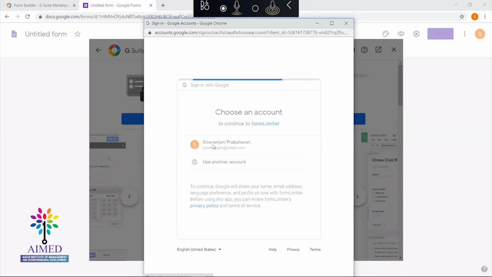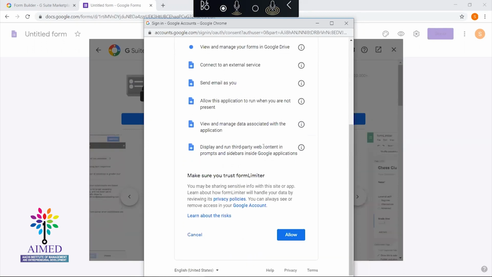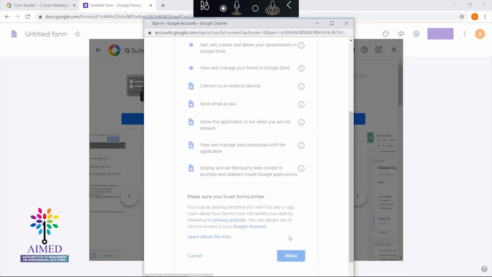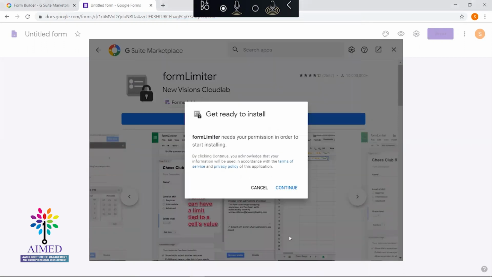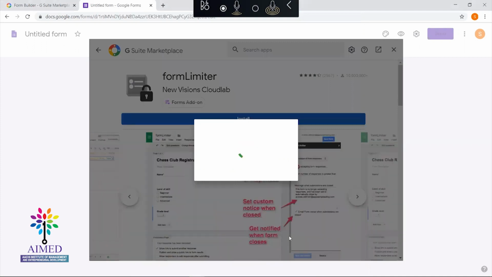I'm selecting my Gmail ID. After that, it is asking for permissions, like this many applications it needs access to. I'm giving allow. So this is also getting installed.